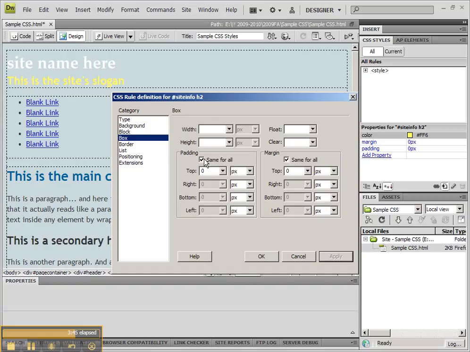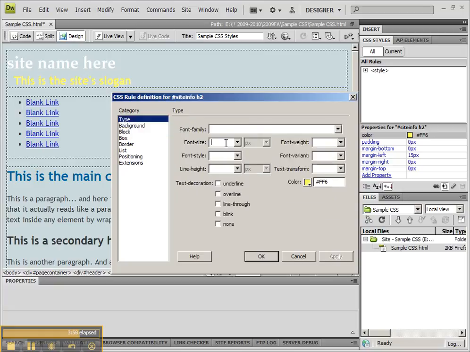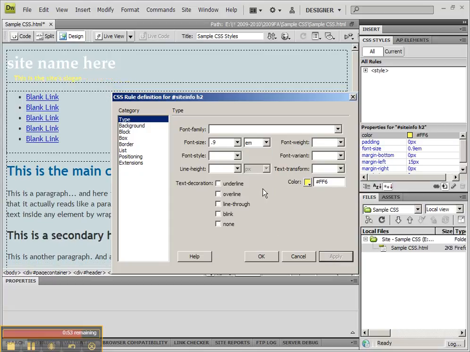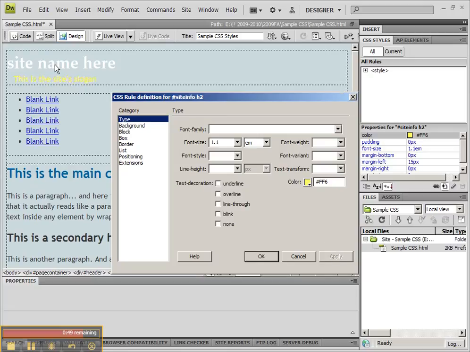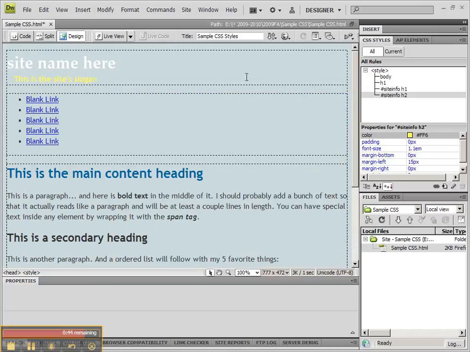And maybe let's say that I will take off the same for all, and on the left hand side maybe I'll make this thing come in at least 15 pixels or so. And when it comes to type, the font size, I think I'm going to make it even smaller, 0.9 EMs or so. That's kind of maybe too small, 1.1 EMs. That's pretty good. Now I'll click OK, and we could go on, but I'm going to go ahead and save